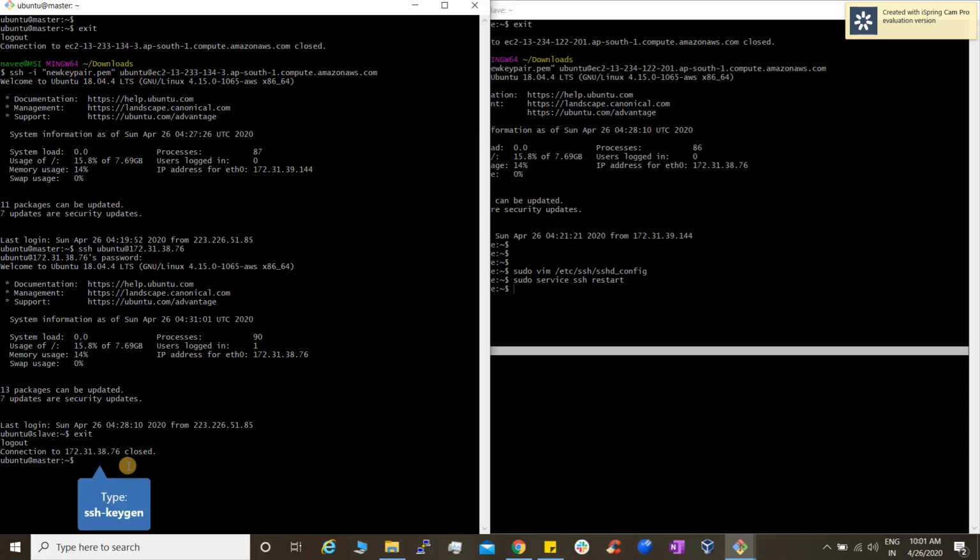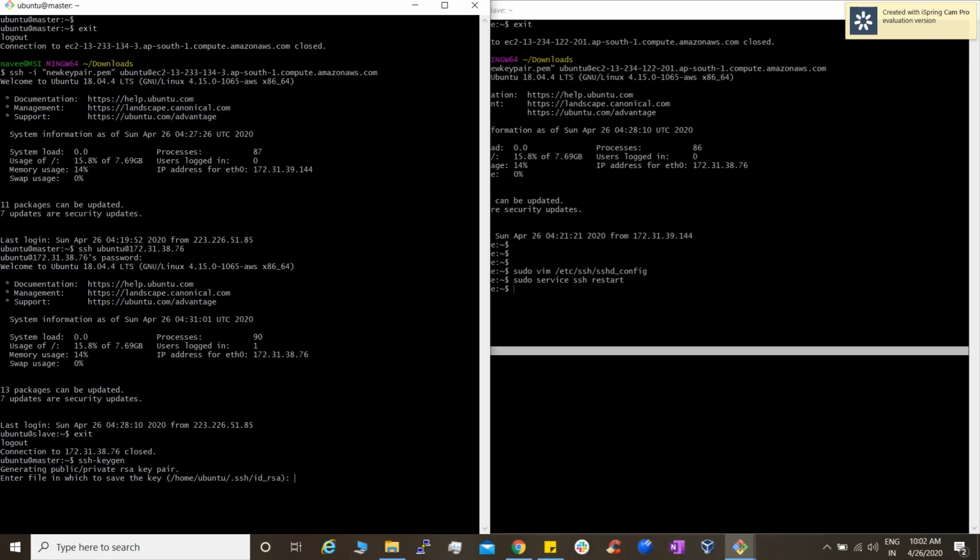By using a command called ssh-keygen. This is the command which is going to generate the private and public RSA key pairs. And one more thing, SSH is a protocol used in Linux to connect to remote servers and to access the resources on the remote server. By using this tool on Linux, we can generate the public and private RSA key pairs. Just give this command and hit enter.